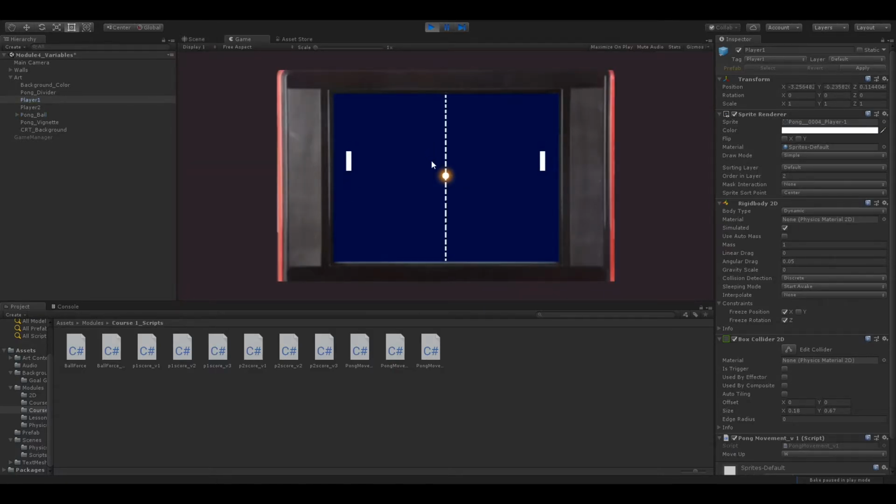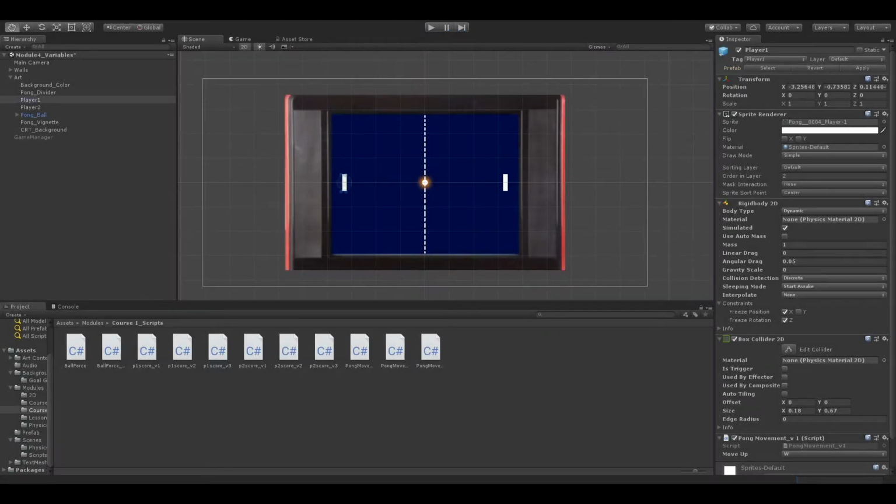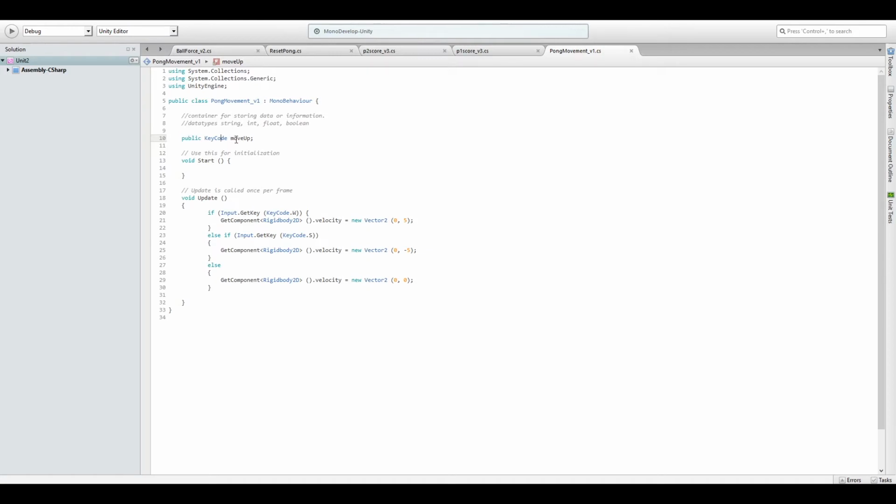it still moves up, but both the characters are moving up. Why is that? Well, that's because even though I made the variable here, I still need to use that variable down here. So right now I know I want the move up variable to control when the character is moving up. So I'm going to replace where it says key code W, and I'm going to replace that with move up, like so. So now when I save this,